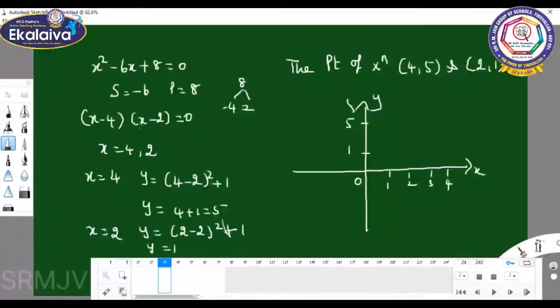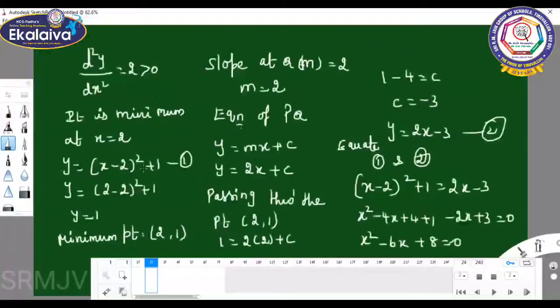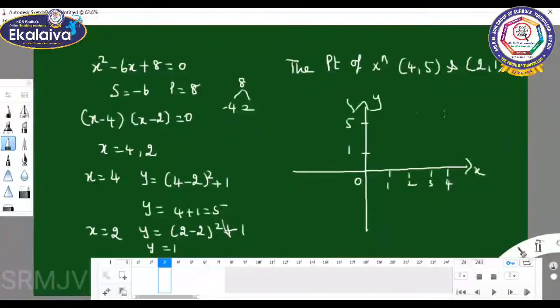Put y equal to 0, where it can intersect we can find out. Put y equal to 0, (x minus 2) the whole square equal to 0, taking square root on both sides. See here, the curve is an open upward curve, and the intersecting point is...